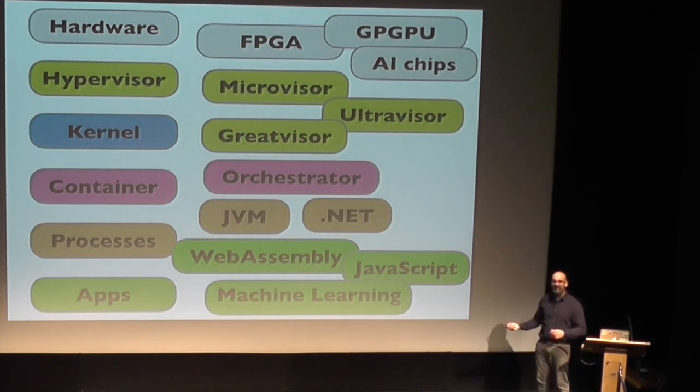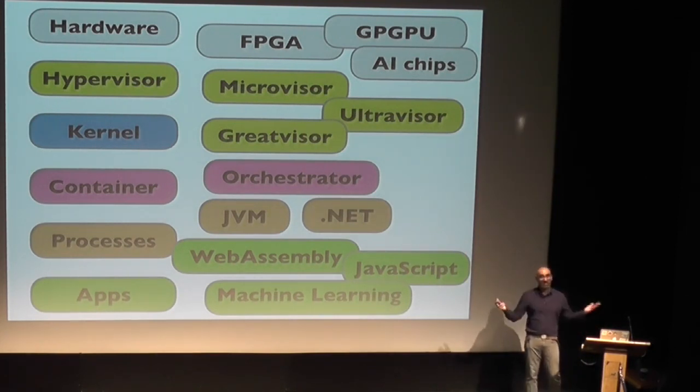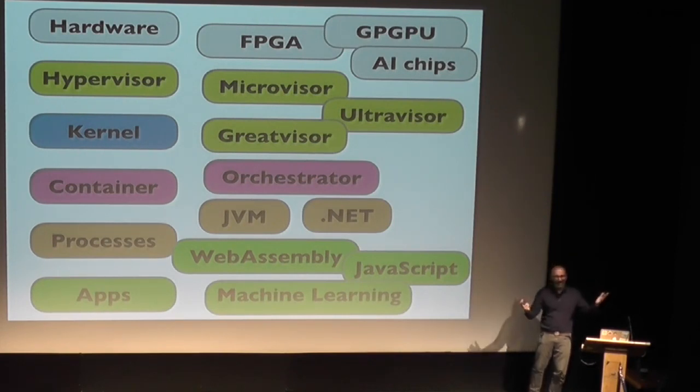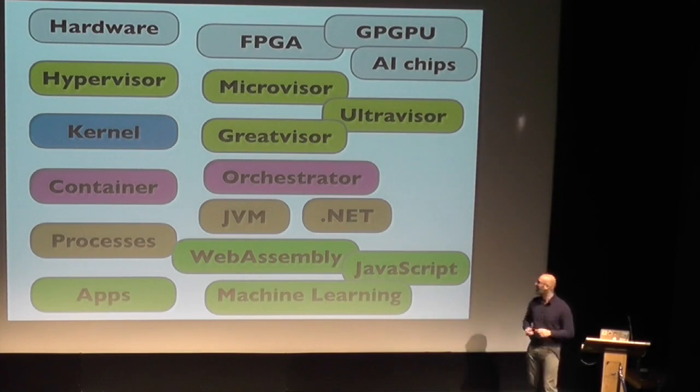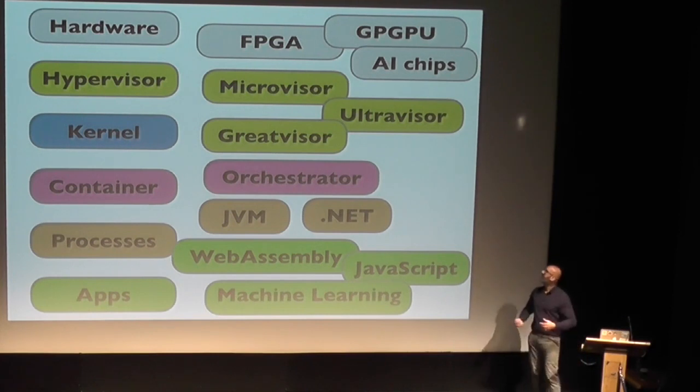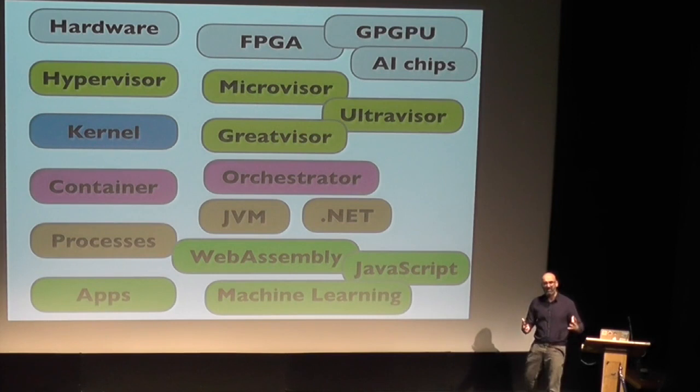In the application space, JavaScript, has anyone tried to write some JavaScript code recently? Yeah, I see a few. Do I see smiles or do I see frowns? I mean, it's just complicated. Then you have something called WebAssembly, which is a new runtime for the browser. So the browser is becoming a new hardware platform. And then you have JVM and .NET with its own ecosystem and its own complexity. And then in the embedded space, you have the microvisor from ARM, which is kind of a hypervisor, but it's micro.